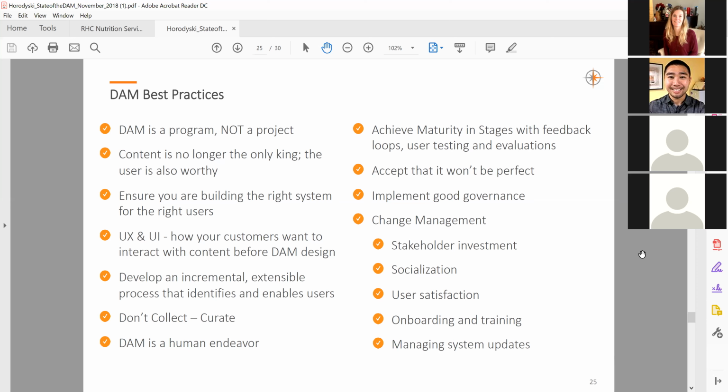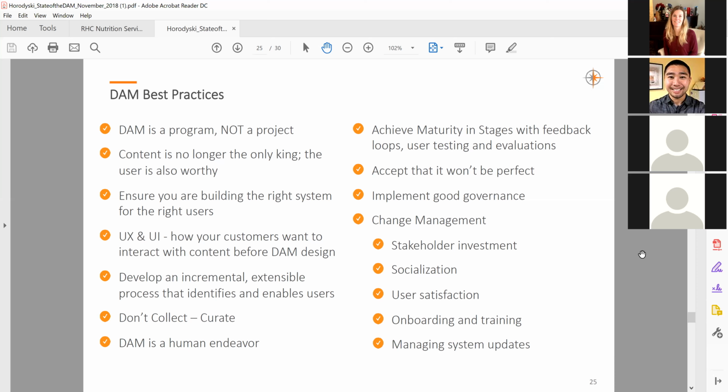Again, user satisfaction, keep on letting the users be involved in regular training and or evaluation techniques. Never, ever forget to do the training. I've seen larger organizations that will do DAM training on an annual basis. And what they'll do is have that built into HR systems. So if you do DAM training every year or copyright training, any of these types of things, you sort of get like a check mark in a box somewhere that says, yeah, they did this, they're part of the program. And I think that's a really positive thing to be doing with DAM.